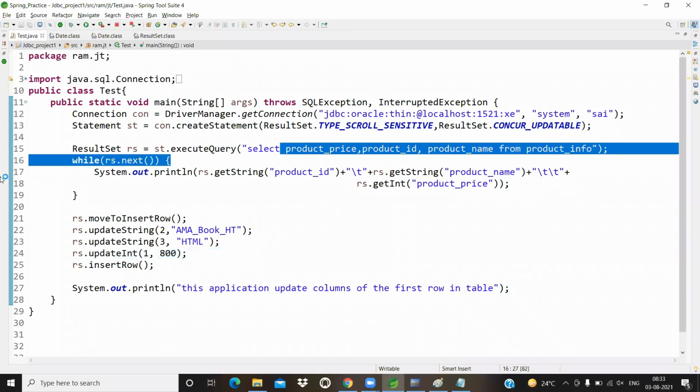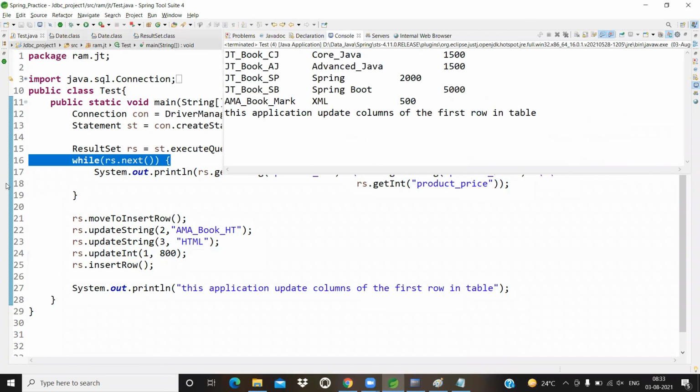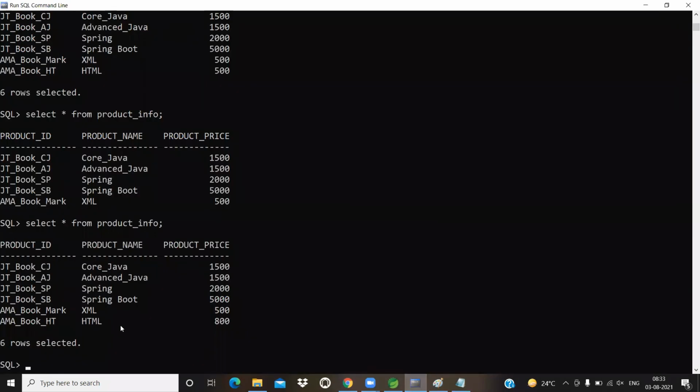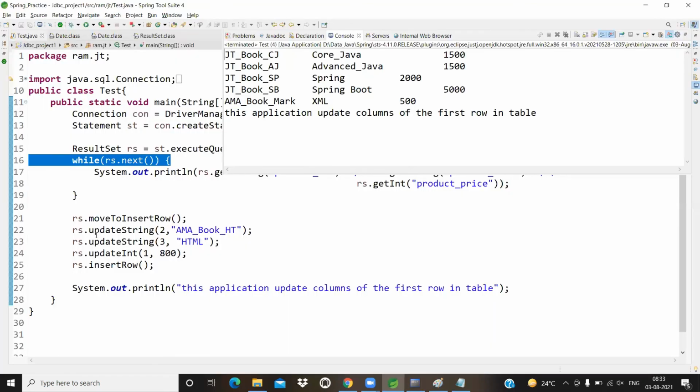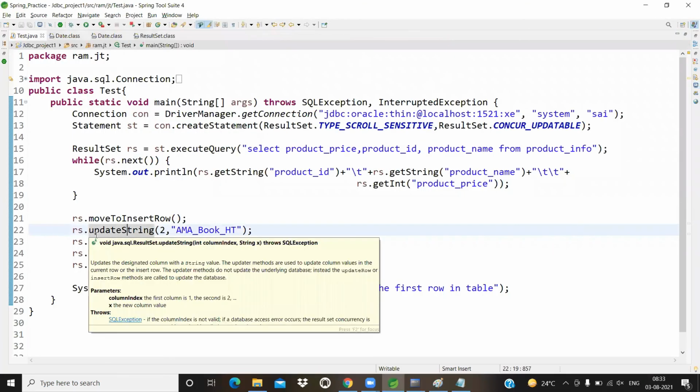What happened, you can understand. Yes, go to check. HTML added, price like 800, and the book name. So what you understand from this program, a very internal point I'm discussing. Most of the people, while they are using updatable result set, are only focusing on the table, the order of columns which we have in the database table.